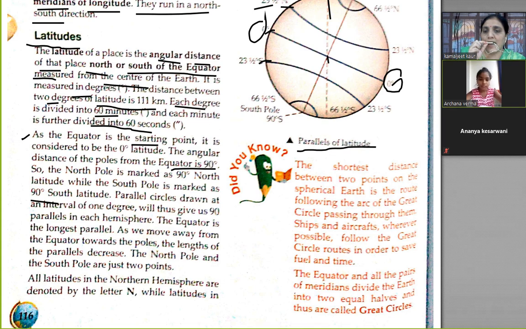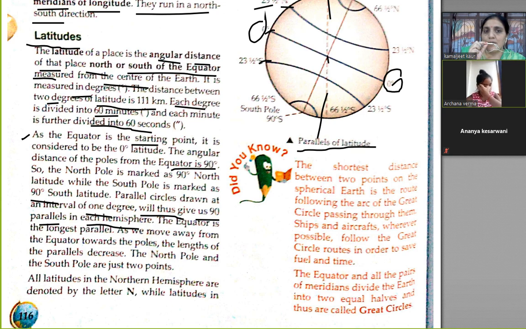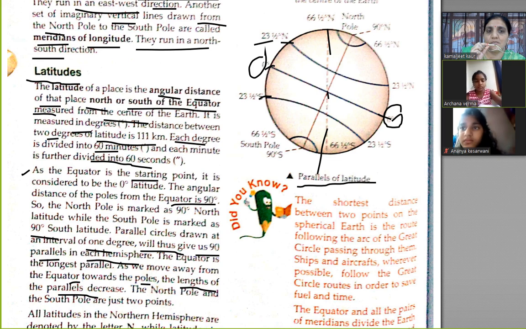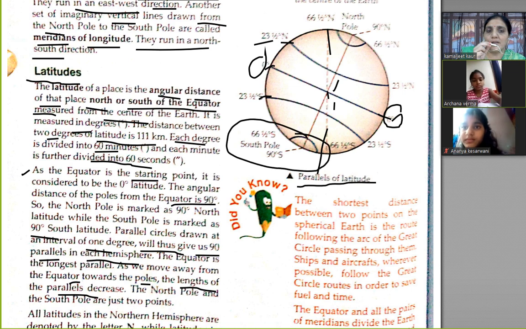Parallel circles drawn at an interval of 1 degree। ठीक है, this will give us 90 parallels in each hemisphere। Okay, the equator is the longest parallel। जो equator है, ये वाला जो है वो largest parallel है। The equator is longest, and as we move away from equator towards the poles the length of the parallel decreases। ये देखिए, जैसे जैसे हम लोग पोल्स की तरफ बढ़ेंगे तो latitude वो increase करेगा। The North Pole and the South Pole are just 2 points। नॉर्थ पोल और जो साउथ पोल है ये 2 पॉइंट्स हैं, ठीक है।